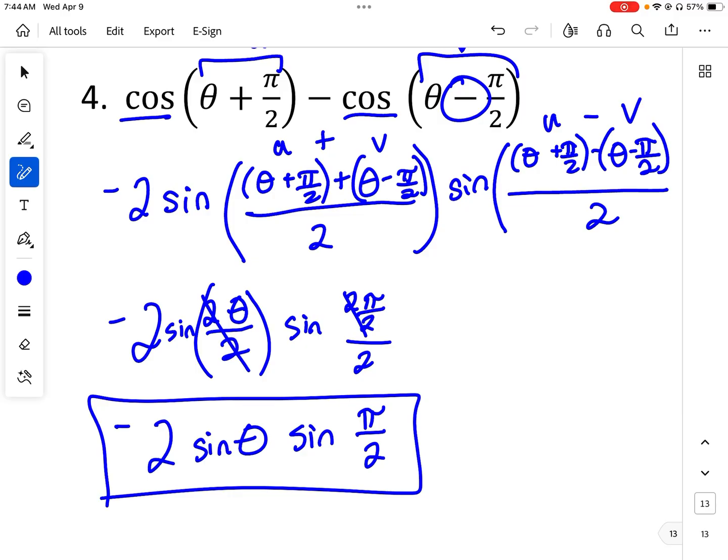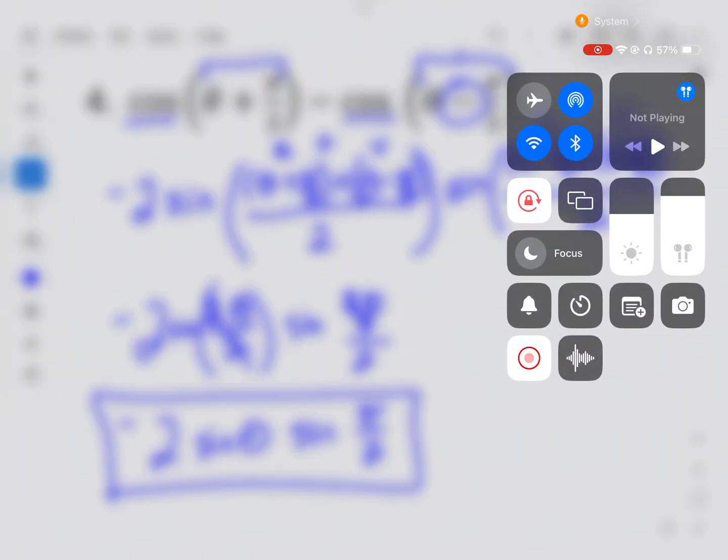So the most important thing is to pay attention to what u is, what v is, and then pay attention to what our formula says to do. Are we adding or are we subtracting? Are we using